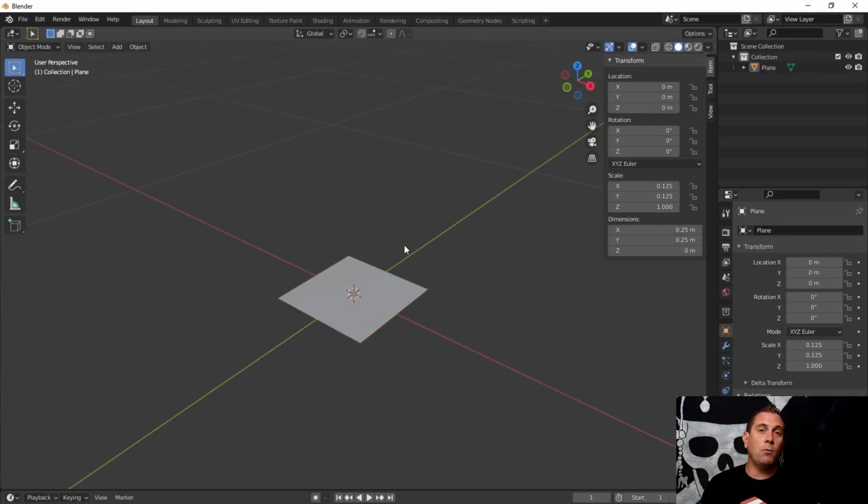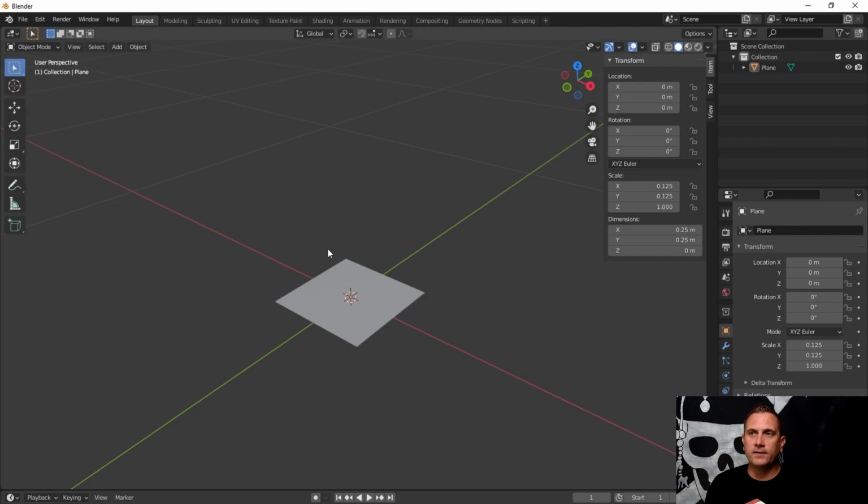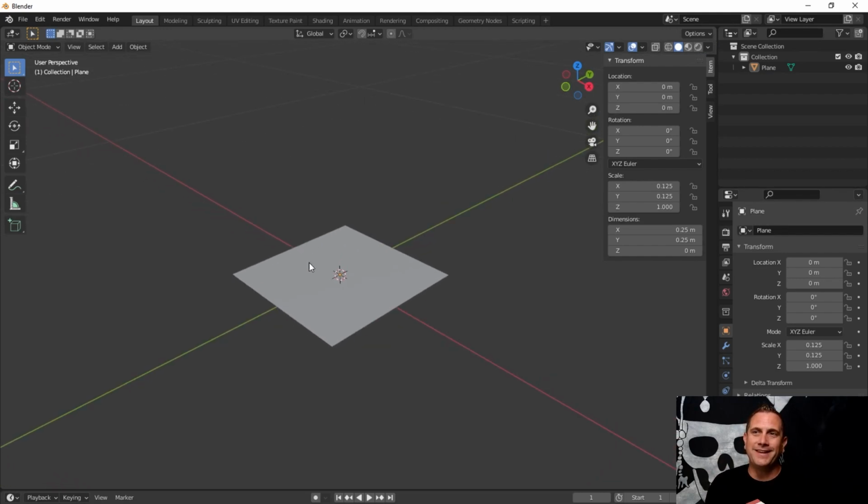The next thing that I want to do is I actually want to start to modify this just a little bit. We need to start turning it into kind of a bar shape. And not every single piece along this journey is going to make 100% sense at this moment, at this part of the video, but it will come in handy later. So I promise we'll allude to things along the way that will come in handy later, and they will eventually make sense. So the first thing that we're going to do is we're going to grab the edges of this